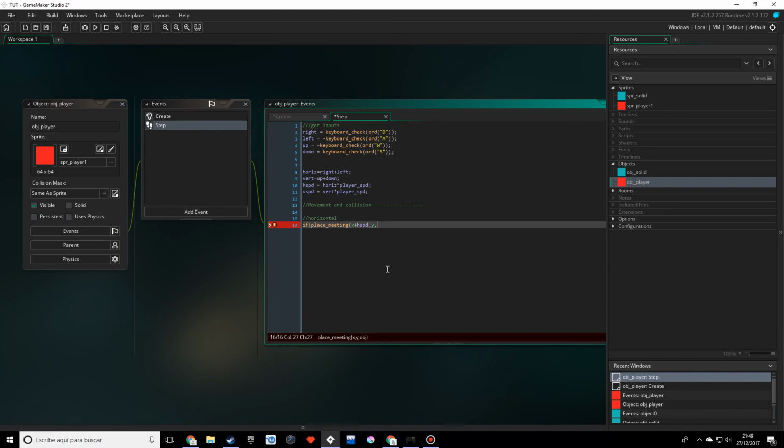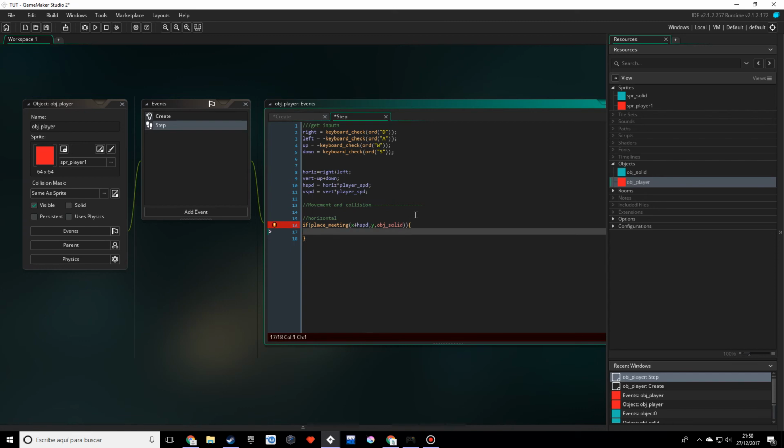So let's say you have a pretty big game with a lot of objects that are actually solids. So pretty much what you want to do is make the parent of all those objects the OBJ solid, so you don't have to do this with every single object, which is obviously very tedious and very complicated, and it adds just more unnecessary lines of code. So we want the OBJ solid, close brackets,